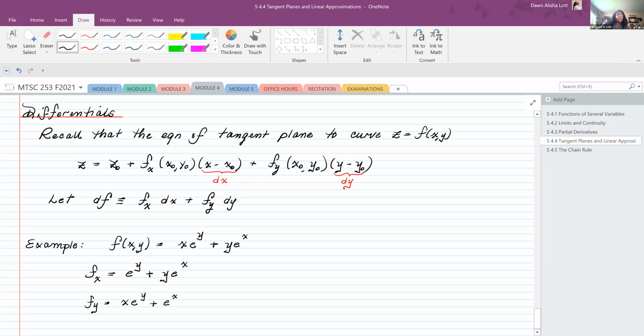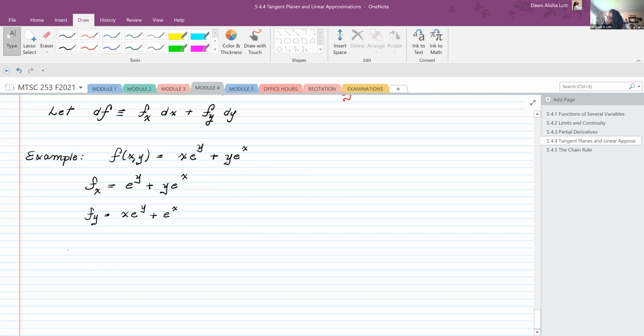So the differential df is going to be e to the y plus y e to the x dx plus x e to the y